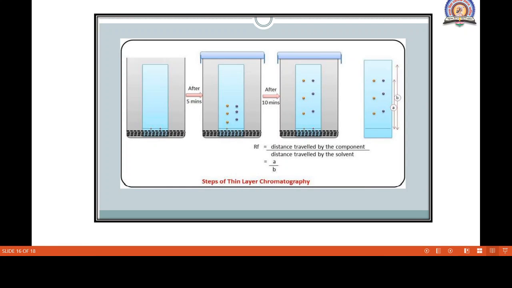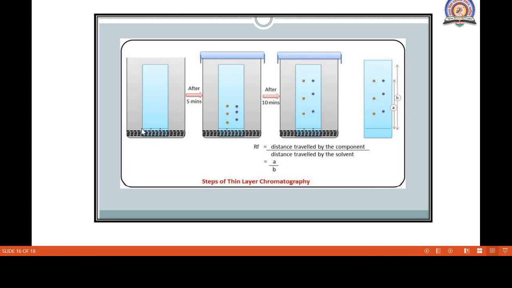So all this concept of thin layer chromatography becomes clear by using this figure. Students, concentrate here. This is the stationary phase, a thin layer chromatographic plate. On that plate, on the upper side, there is a thin layer of silica gel, which acts as the stationary phase. And this black portion is called the solvent, the mobile phase, in this arrangement of the thin layer chromatogram.